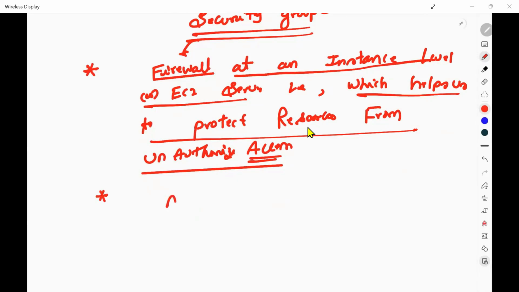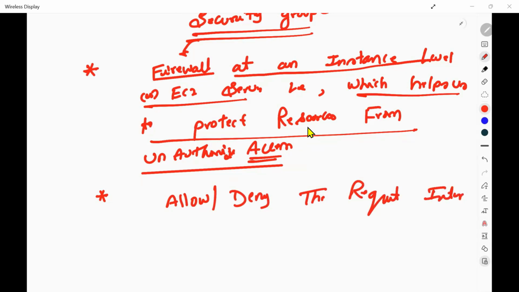Second, it will allow or deny the requests coming in from the internet. How it will allow or deny, we will talk about that. And can I also say it controls incoming and outgoing traffic to your instance.